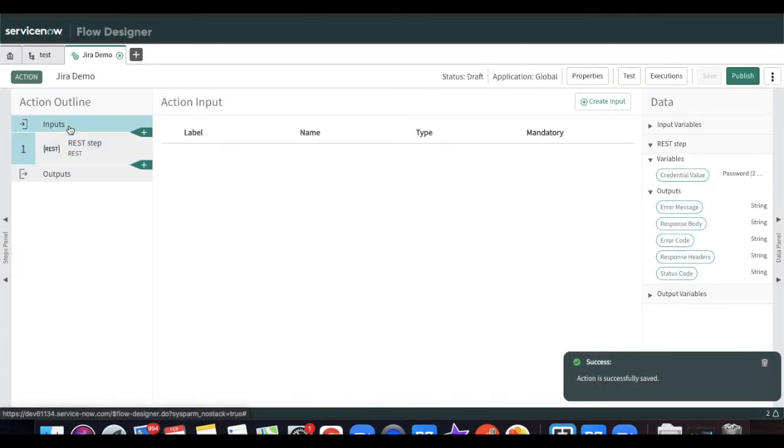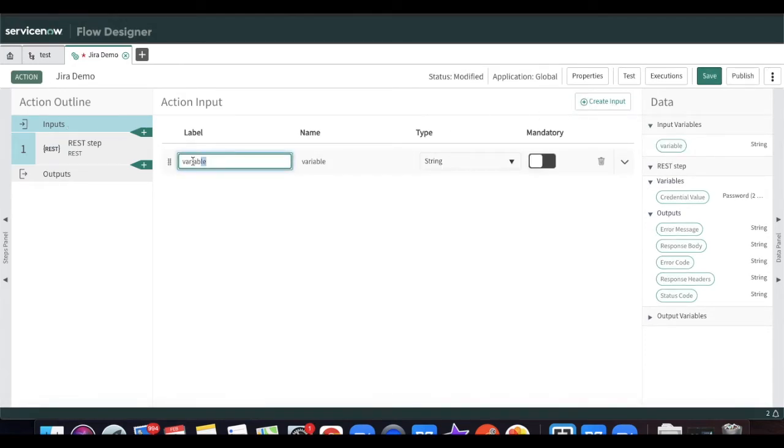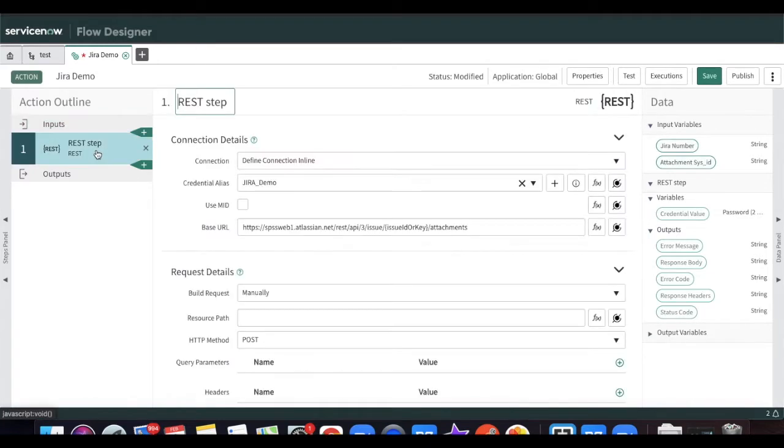Now in the inputs I will define two variables. The first variable's name is Jira number, and this is mandatory, and I'll create one more variable called attachment sysid, which is also a mandatory field. I will use these two here.